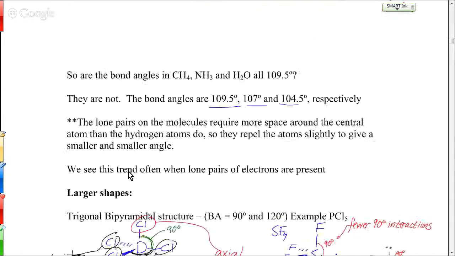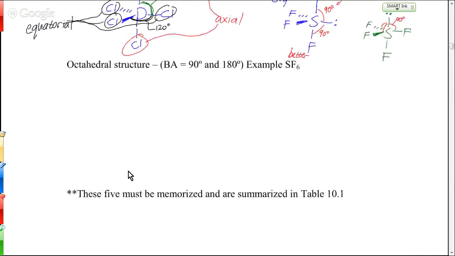So we'll go back up and we'll talk about the final one, which is octahedral. Now, there are larger structures than this. There are things with more than 6 things connected to them. We're not going to get into that in this class. If you go on and take inorganic chemistry, you'll see a little bit of that. An octahedral structure like SF6